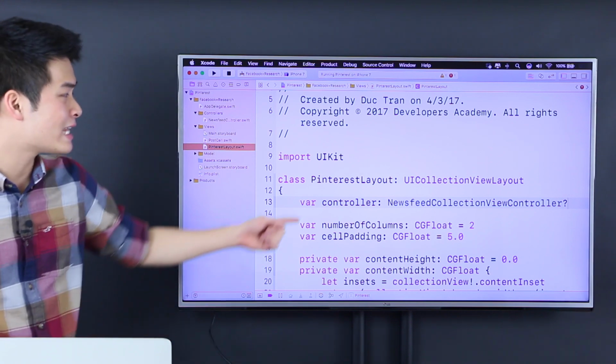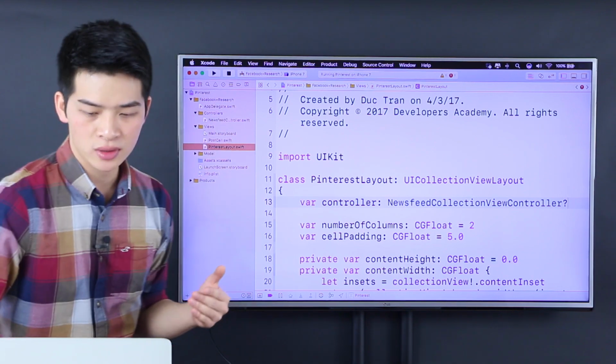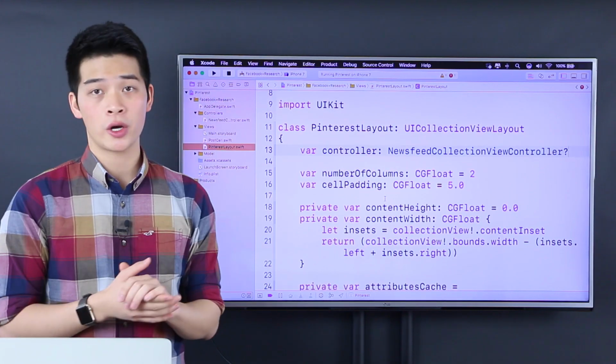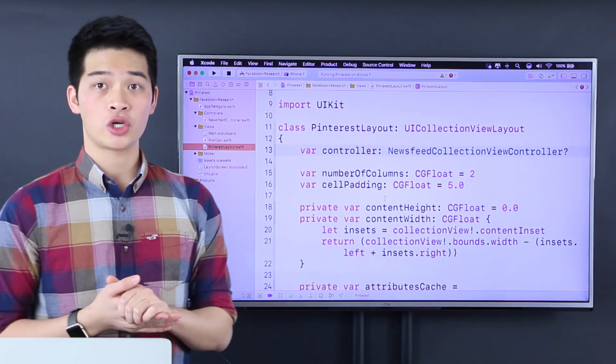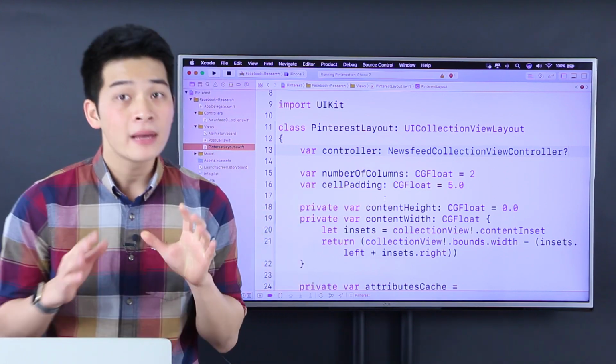And then we have to set this thing over our controller whenever we use the collection view. Now, this may work, okay? This may work, but it is a bad implementation. Pay attention. It is a bad implementation because